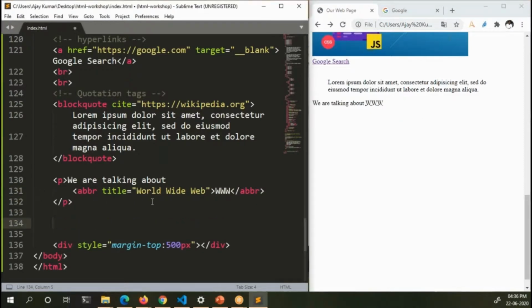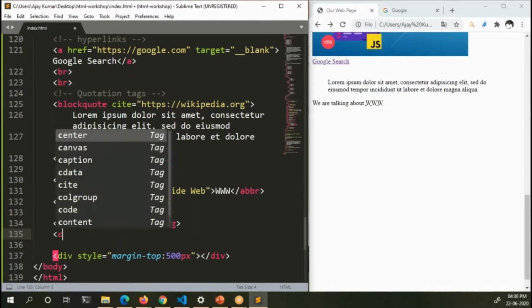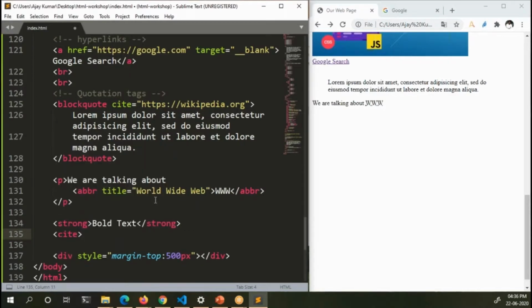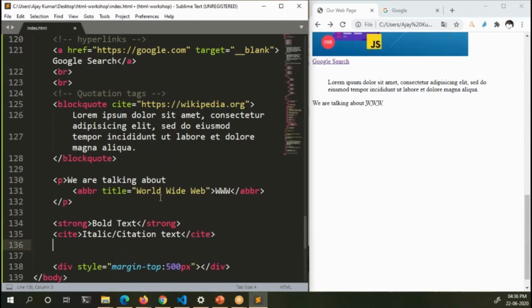And there are some basic tags like strong, which will display bold text. There is another tag called cite, which will display italic or citation text. And you can also create an underline using the u tag, underline text.